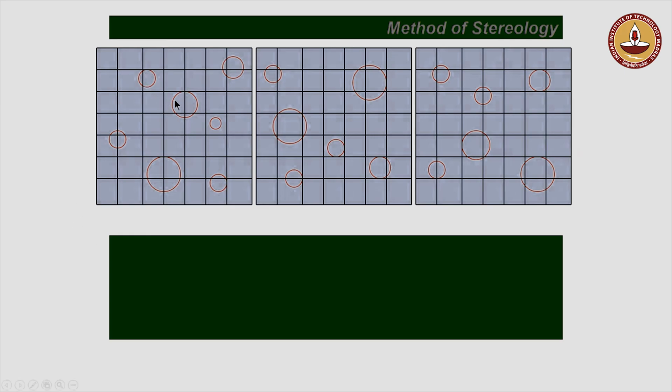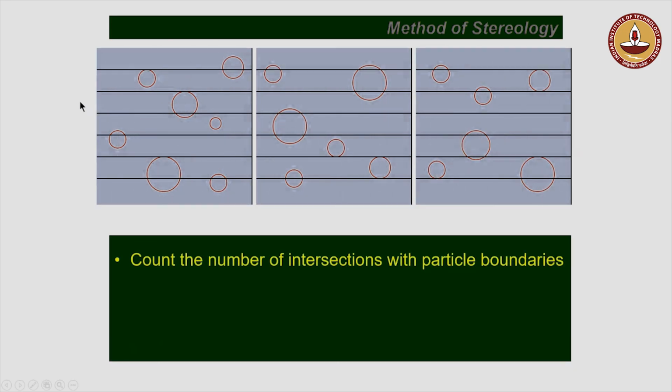So, this is the phase boundary between the particle and the matrix, and I again put a grid, but this time I remove the vertical lines. I will just keep the horizontal lines, okay, and I count the number of intersections these horizontal lines make with the boundary. So, for instance,